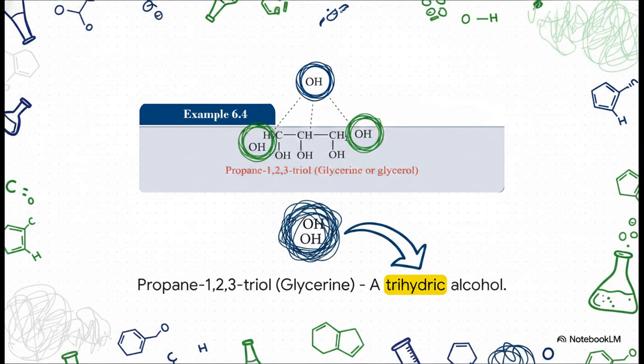Let's move on and see how this builds. If we add a third hydroxyl group, we step up to a trihydric alcohol. A perfect example of this is propane-1,2,3-triol, which you probably know much better as glycerine or glycerol. Notice the three separate OH groups attached to that three-carbon backbone. And as a quick rule, any alcohol with three or more hydroxyl groups falls into the broader category of polyhydric